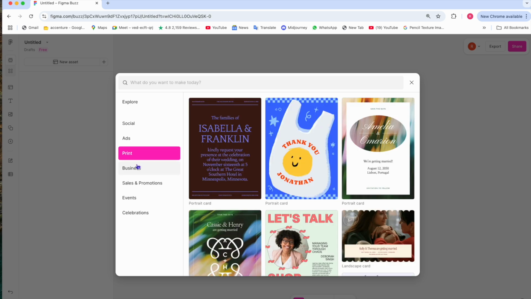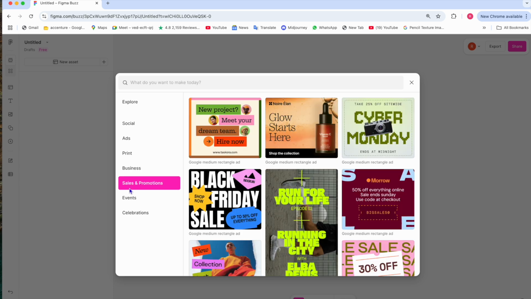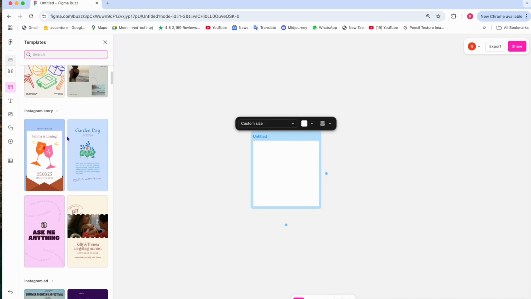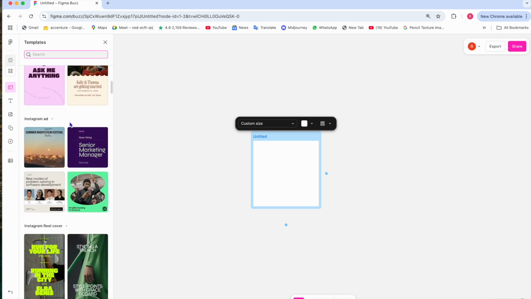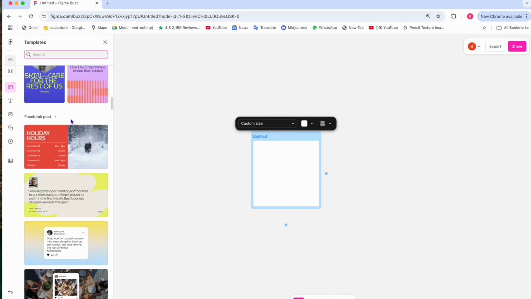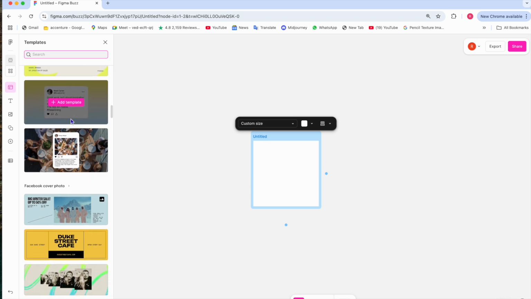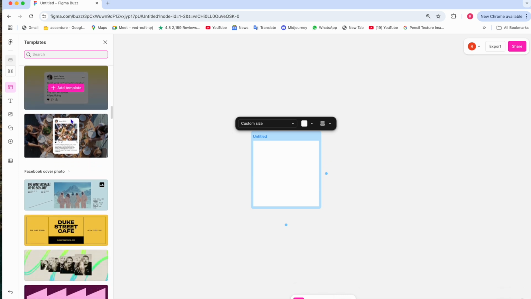Yup, it now comes packed with features we usually use in Canva, like quick social media posts, templates, drag and drop elements, and easy visuals for non-designers. So if you are someone who loved the simplicity of Canva but always wanted to stay inside the Figma ecosystem, Buzz is for you. You can now create things like Instagram posts, flyers, and banners all super fast and quickly, just like you used in Canva. It's perfect for marketers, content creators, and even clients who want to make quick changes without touching your main Figma files. Pretty cool, right?